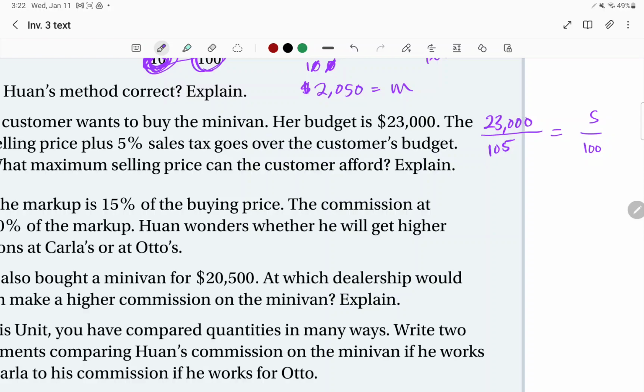So here we can go ahead and cross multiply. So you would have 23,000 times 100 is equal to 105 times S. So to figure out what S is, you ask the opposite question, and you would divide this side by 105. And you would actually do it to both sides, so it gets rid of that 105. 105 over 105 is 1. So you would have S is equal to, and then when you multiply that out, you'll have to use a calculator. Since that's a 105, it doesn't come out as easily, but you would end up getting